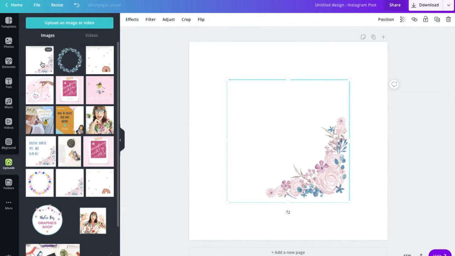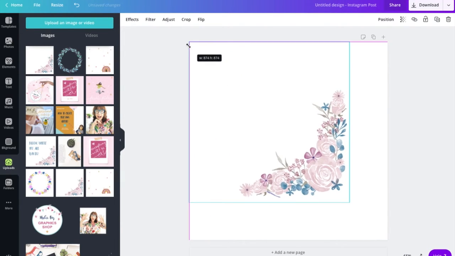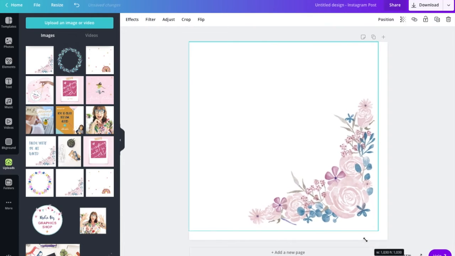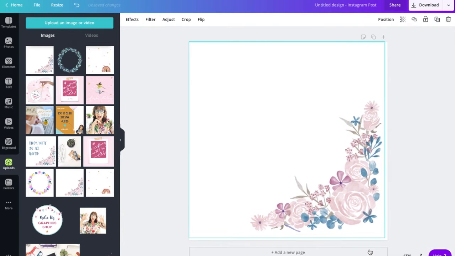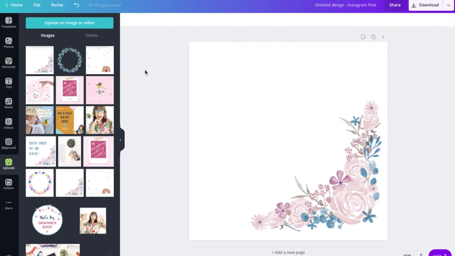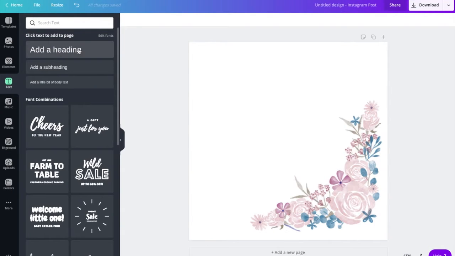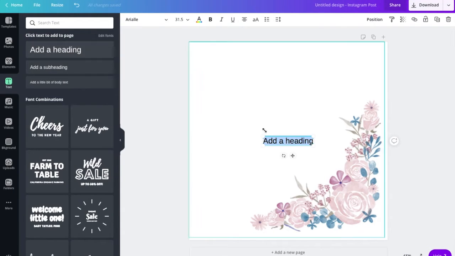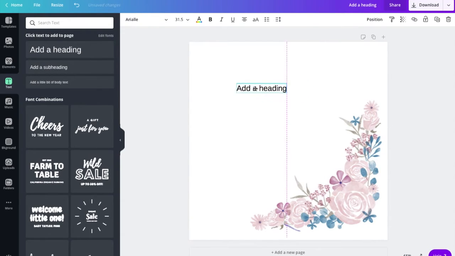Let's just go through and I'll show you how you can create these. You just click on the graphic that you want, and with these I'm just going to drag that out to pretty much the full size, just a tiny bit smaller, and then come back across to the menu bar and click on the text icon and click add a heading, and that just opens up a text box for me here. And now I'm just going to add the text that we want to use by highlighting that and then typing in. I've got a quote, I think for this one, bloom where you are planted,